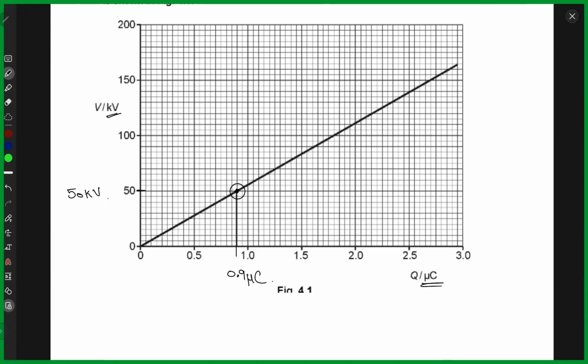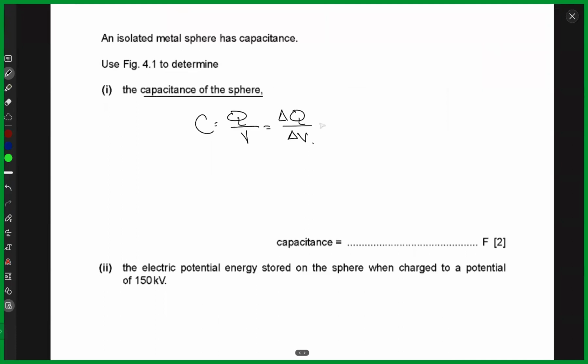So these are the 2 points. Now we have a value for charge and we have a value for voltage. Capacitance C is equal to Q by V. So you just put in these values and figure out the solution. So this would be 0.9 microcoulombs, that's 0.9 into 10 raised to power minus 6 coulombs, divided by the potential difference, which was 50 into 10 raised to power 3 volts, because there was kilovolts with it. And so this should give you approximately a capacitance of